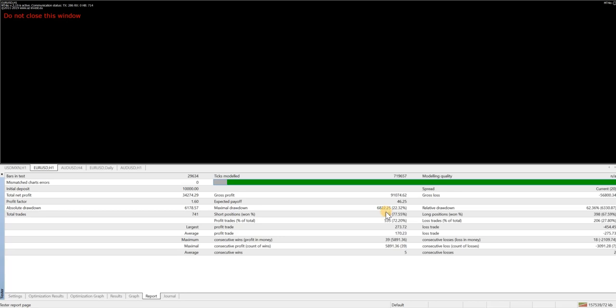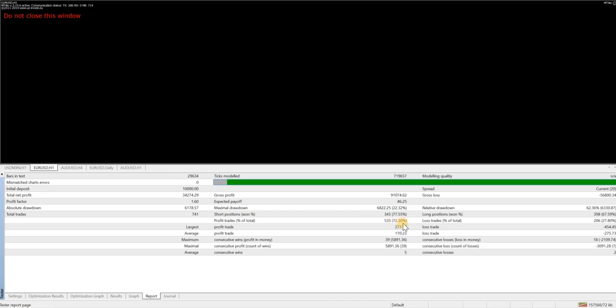For me, my max is 25, but I'd prefer to be under 20. With 72% of trades profitable, your average winner is 170 roughly, average loser 275 roughly. So the losers are bigger than the winners on average, but